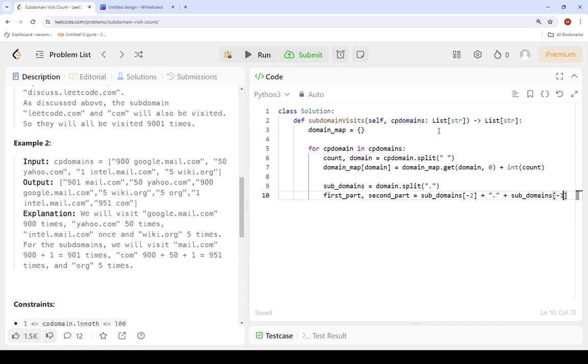I use -2 and -1 so that we can start accessing the subdomain from the end, so that in case the subdomain contains only 2 items, we don't get an error. And our second part now should be